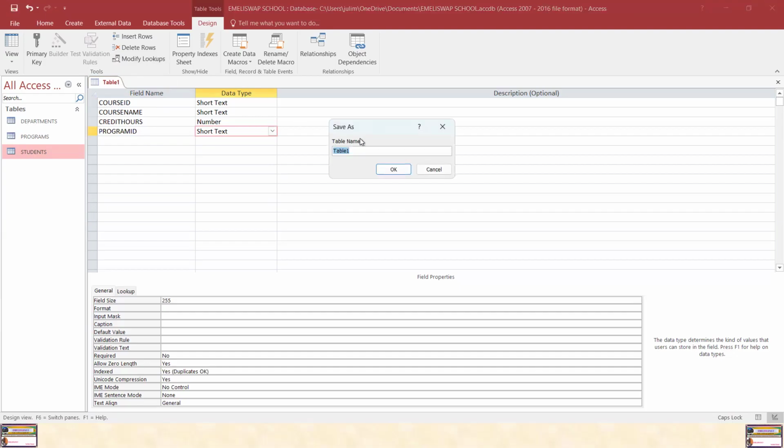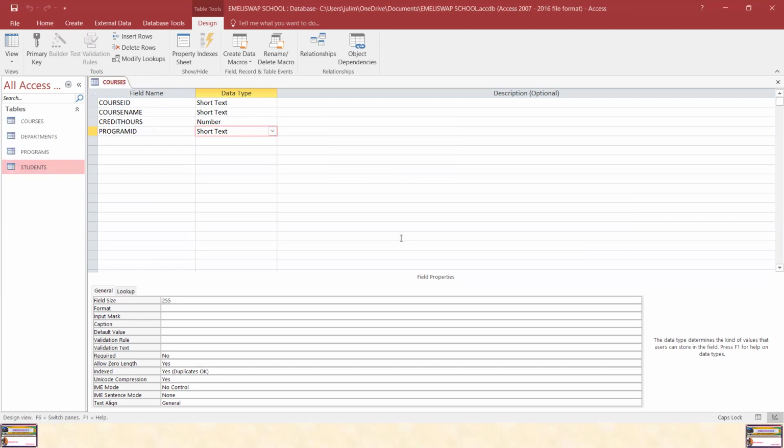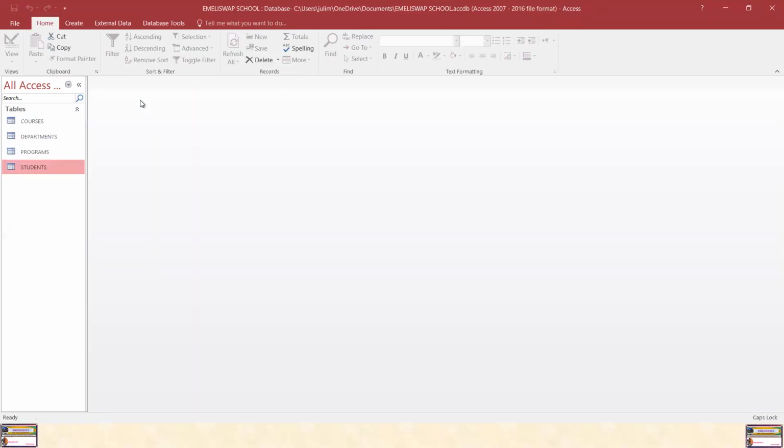Then you click on save and you type the name for this table. And the name for this table is courses. You click OK. You click no for the primary key. Then you can right click on this tab and you click close. We create now the next